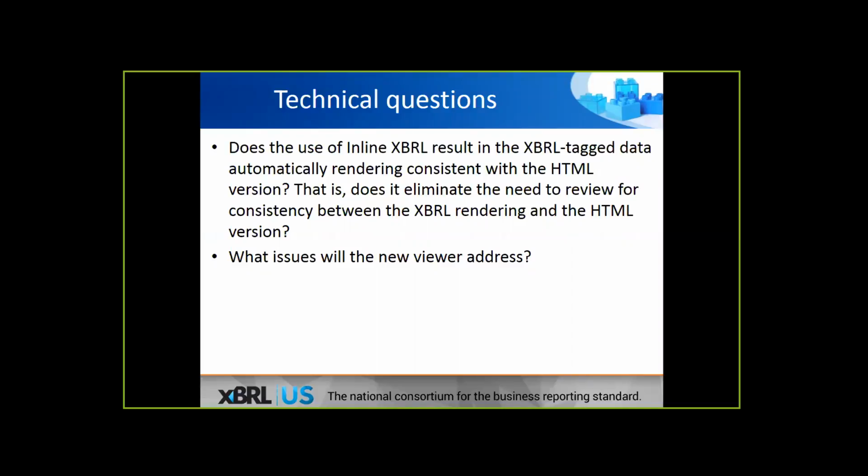A more important thing, and I believe I spoke about this in previous webinars, is that there's a construct one can use in Inline XBRL to stitch together a whole bunch of chunks of text into a single tagged fact. This is particularly useful if you're dealing with, let's say, a note which covers several pages or proceeds across a page break.